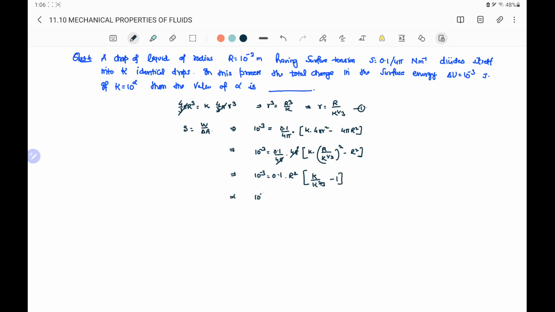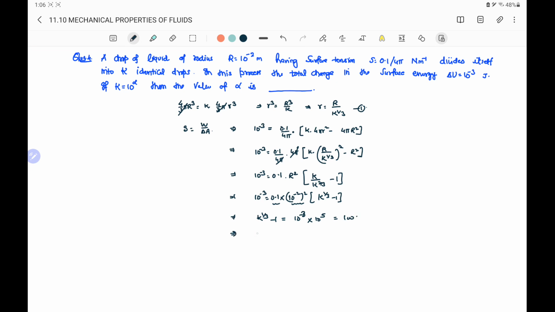and replacing the value of R, we will have 0.1 into R is given by 10 to the power minus 2, so it will be 10 raised to the power minus 2 square, and inside it will be k raised to the power 1 by 3 minus 1. On simplifying we will have k raised to the power 1 by 3 minus 1 equal to 10 raised to the power minus 3, and here it is 10 to the power minus 4 into 10 to the power minus 1, that is 10 to the power minus 5, and on changing the side it will come 10 to the power minus 3 into 10 raised to the power 5, so it is 100,